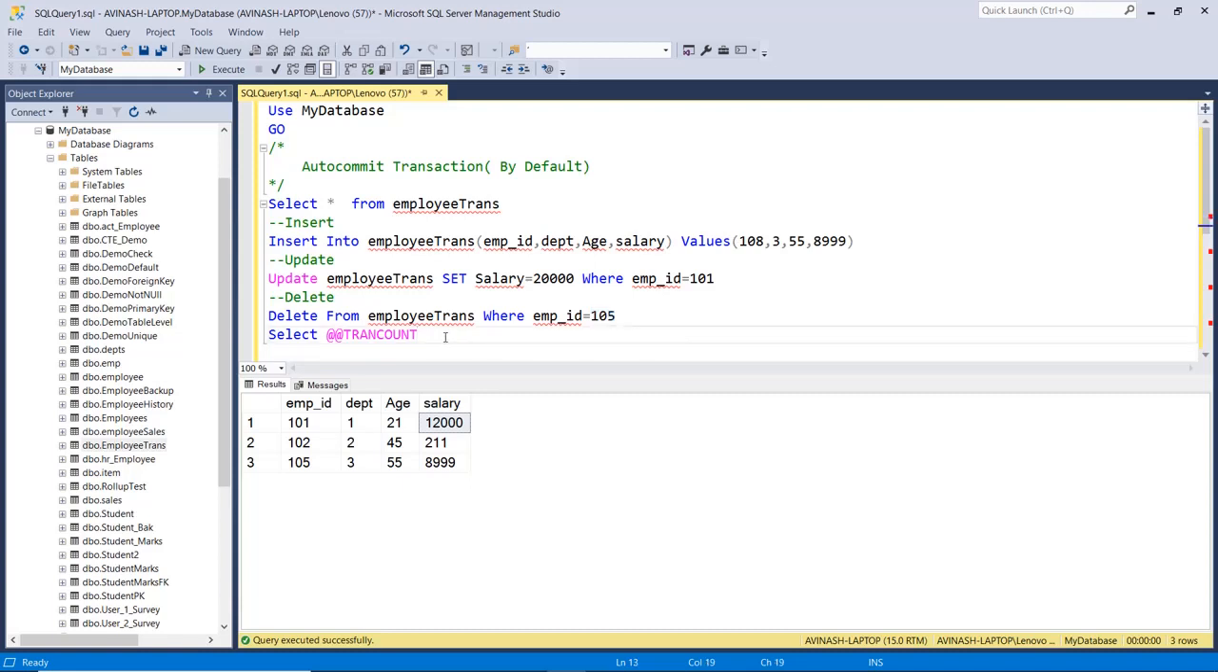And after that we have a statement, that is SELECT @@TRANCOUNT. It's a global variable, or inbuilt variable, of the SQL Server. This variable counts the number of transactions in the current session. But here it will always show 0. Why? Because it's auto commit. And after committing the data, this variable is reinitialized with 0. Okay, if I execute all these statements,